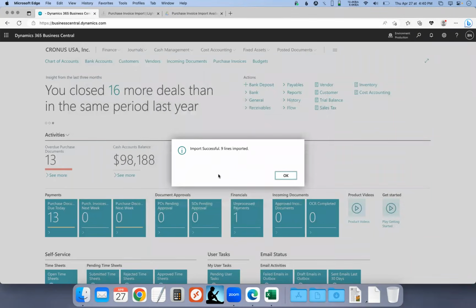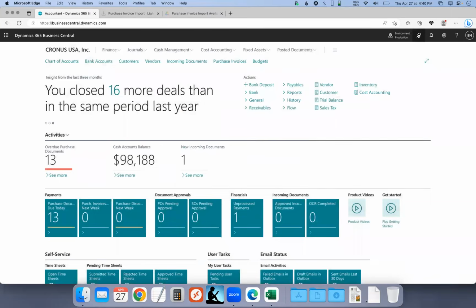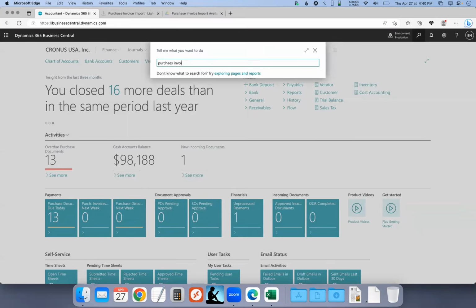I know that was really quick, but I hope you're able to see that the import will show you a progress, and it'll show the actual vendor invoice numbers being imported one by one, so you can track the progress of your file if you have a very large file. Once it's done, it'll say the import was successful and the number of lines that it imported. So these 9 lines just correspond to the same 9 lines that we created in our import file. I'll hit OK. And then if I hop over to the purchase invoice list,